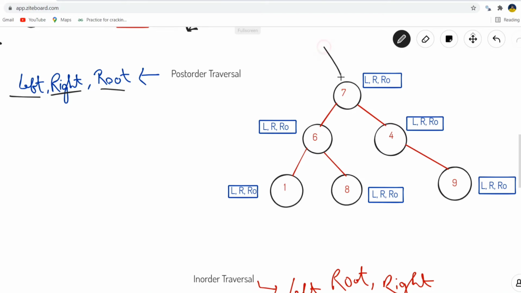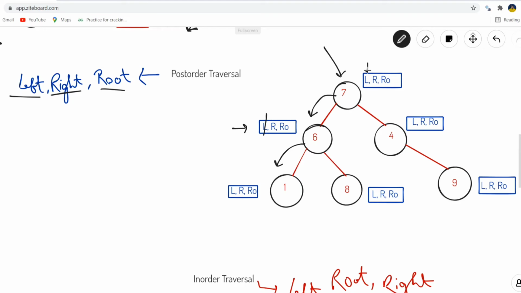So let's start from the root node first. Okay, so basically suppose I am standing on this node having value 7. So the first operation which I will be performing is the left. So I need to move to the left direction first. Okay. Now again from 7, I have reached node 6. Now in node 6, what all operations are there? Left, right and root. So probably I need to start from the beginning. So I'll be checking what operation is there in the beginning and it's left direction.